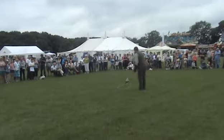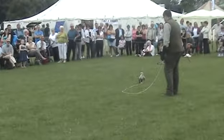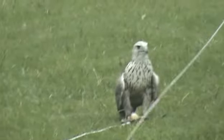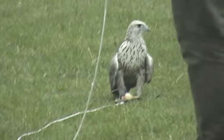So he's a little bit tired out. He's not as tired as he was yesterday after flying, because yesterday I had to fly twice at another display I went to. So he's a little bit tired out, and then what he'll do, once he gets his breath back,